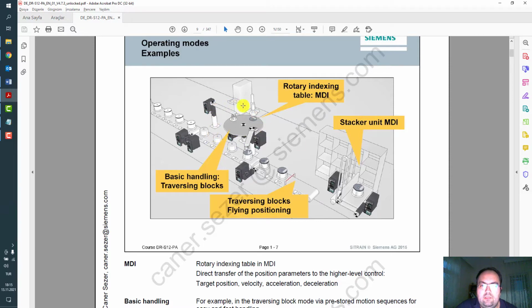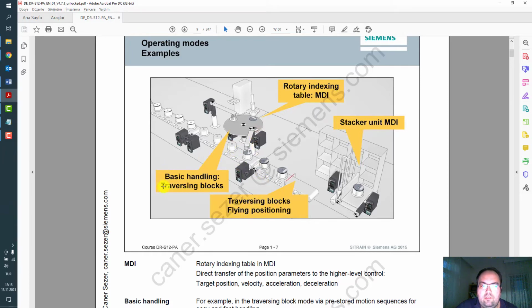For rotary indexing, for example, there are 6 different stations in our turntable, so that means 360 degrees divided by 6. In each step we will turn, for instance, 60 degrees, that means indexing. We can use MDI also here.